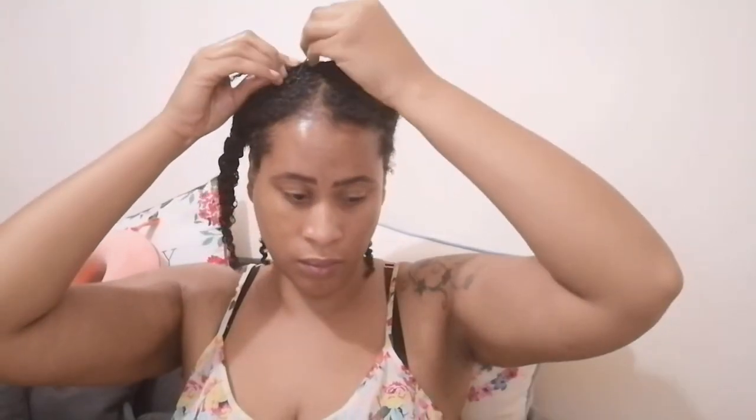So I'm just working in the cream. I'll go from root to tip again and check for any fairy knots, and then I'll go in with my oil, and I'm always quite gentle. I am quite thorough with my hair, but at the same time I'm gentle the way I twist it so I don't lead to any breakage. And I used to use combs, but now I can finger detangle on its own without needing to use a comb. So now I've done that, I go in with my bobby pins